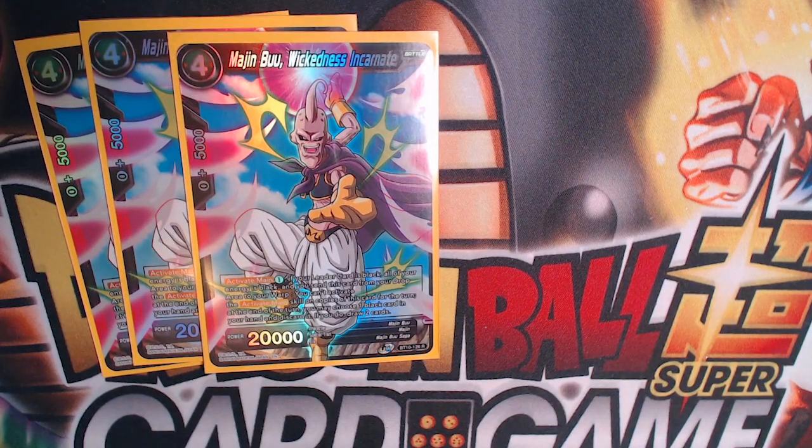So if we activate it, you warp this card from your drop. You can't activate this card's ability for the rest of the turn, and then at the end of your turn, you may choose one card in your hand, discard it. If you do, draw 2. So the idea is that